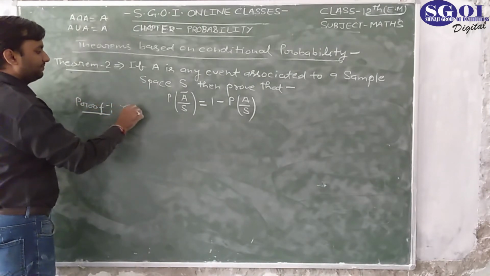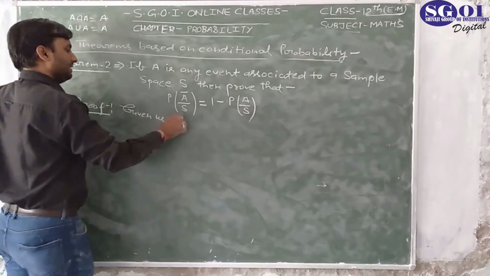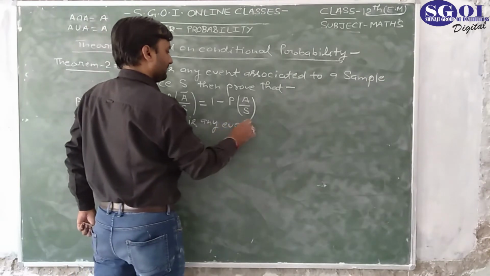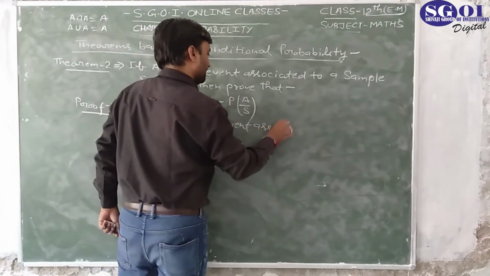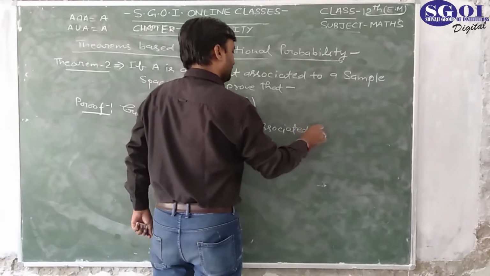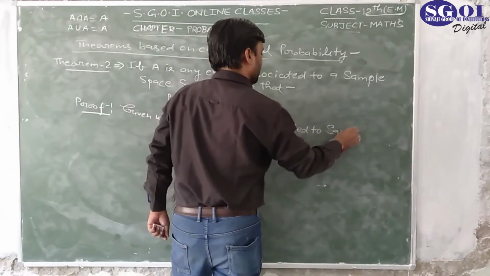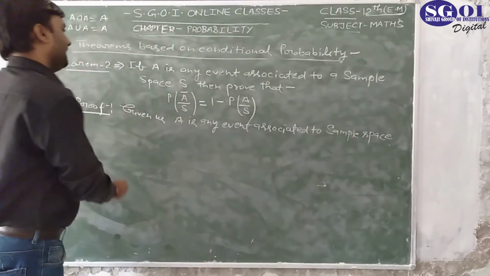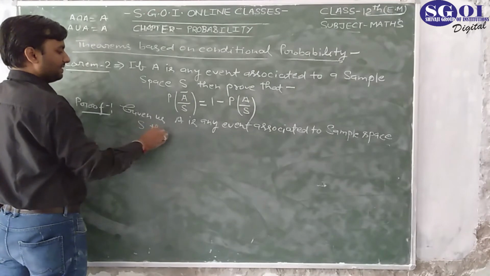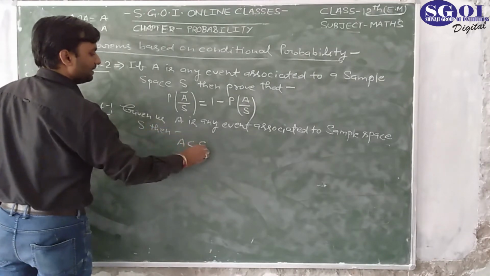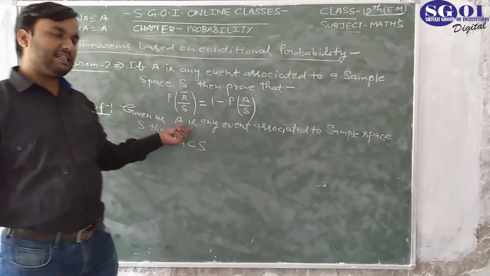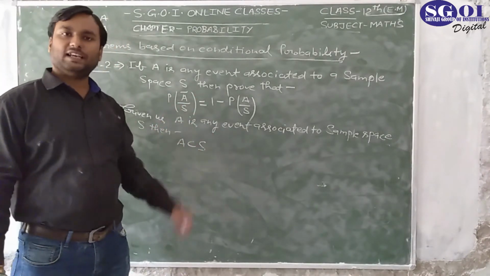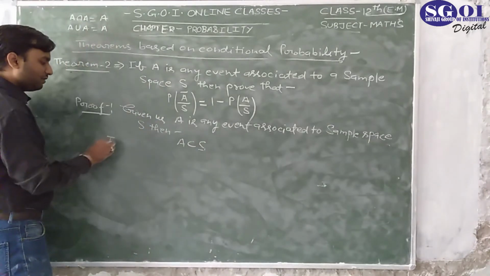Given us A is any event associated to sample space S, then A is a subset of S. It is simple because A is an event, and an event is a subset of the sample space, so A is a subset of S. We have to prove that